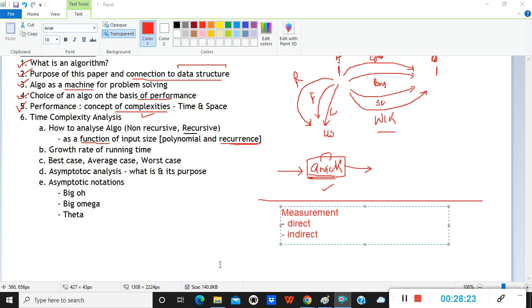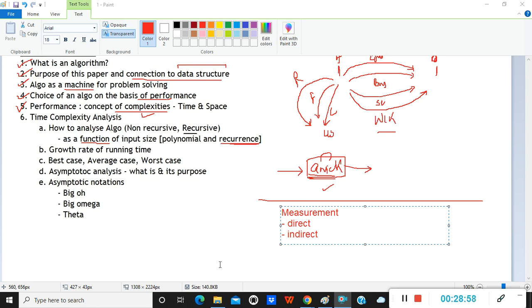We cannot use that kind of clock to measure the exact time in seconds, hours and minutes for our algorithm. For space we can have a direct measurement, but for time we cannot. So here we need to take an indirect approach, and that indirect approach will give you an idea of